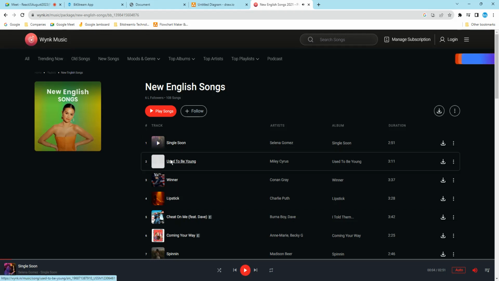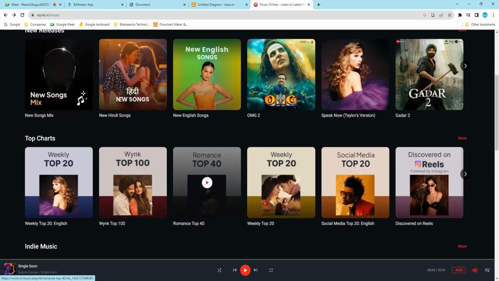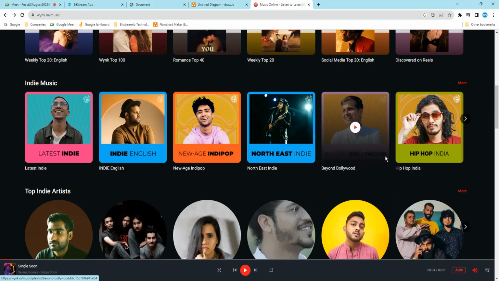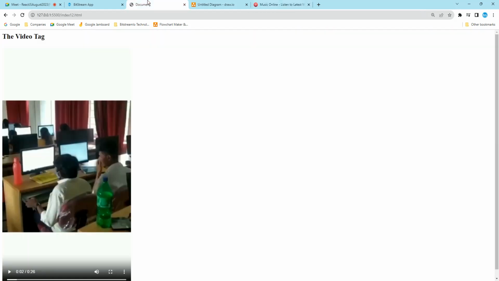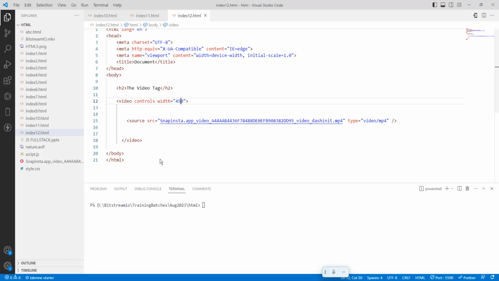If you want to see any Hindi songs online, you just search for the Hindi songs. If you want Akshay Kumar songs, Salman, or any film song, they are all using the audio tag. So that is what we are going to use here. How is it done? Let me copy this one. So here, if you want to write it,